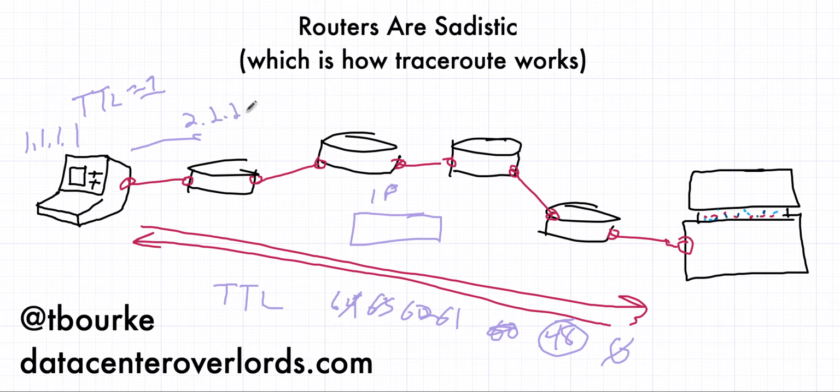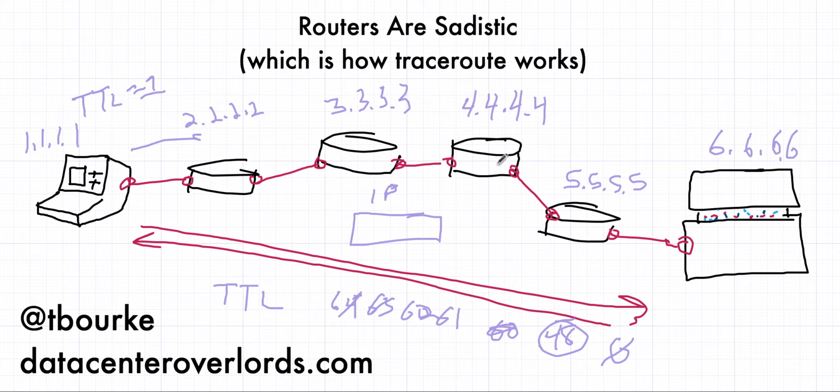This router is 2.2.2.2, or it has an interface on 2.2.2.3, then 3.3.3.3, 4.4.4.4, 5.5.5.5, and then the Whopper is 6.6.6.6. If I send a packet with my source IP address of 1.1.1.1, my destination is 2.2.2.2, but I set my TTL to 1,